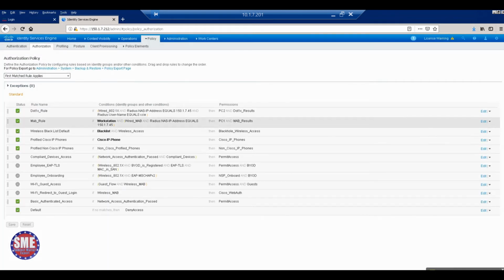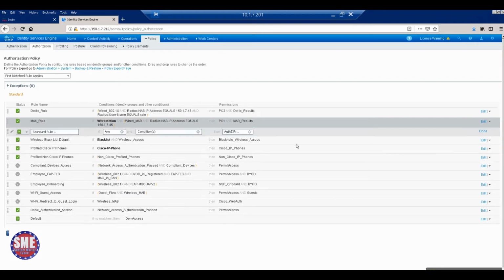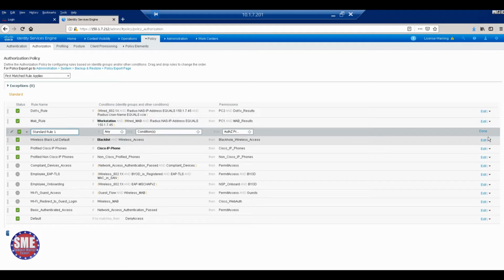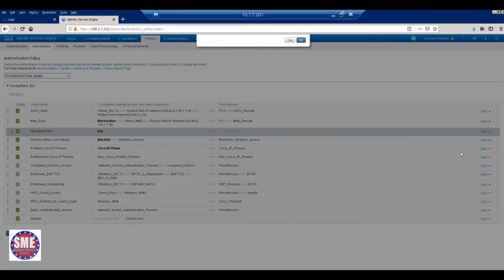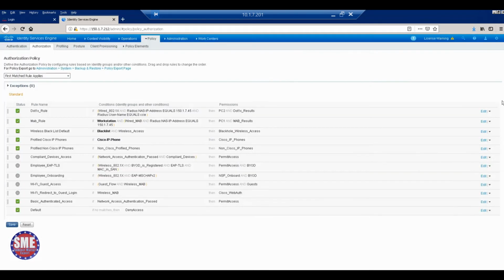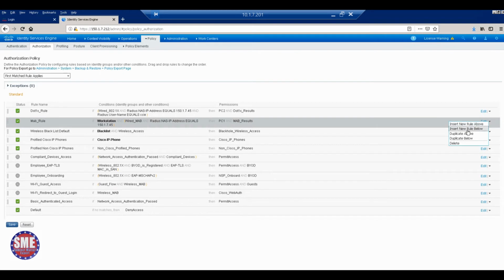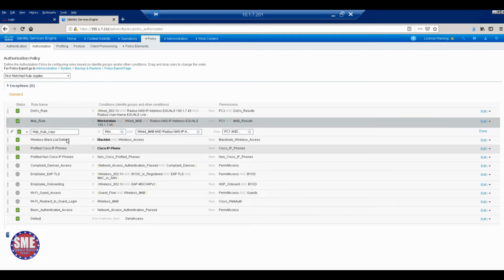Same for all, the if condition, add it. Make a duplicate. I'll give you one example. Make a duplicate. Delete that. Then press done. Delete it. Make a duplication. All MAP rules are the same, right? Duplicate below. Okay, duplicate below. Call it what?